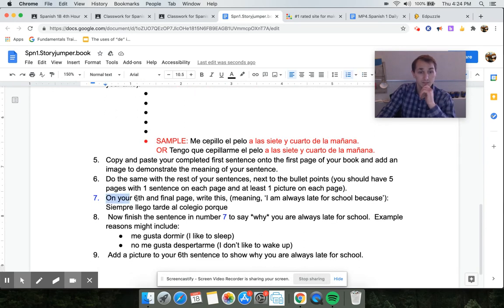Número 7. On the 6th and final page, you're going to write this, which means I am always late for school because. Even if you're not always late for school, even if you're only sometimes late for school, you're going to use this sentence. Siempre llego tarde al colegio porque. Siempre, I always, llego, arrive, tarde, late, al colegio, to high school, porque, because